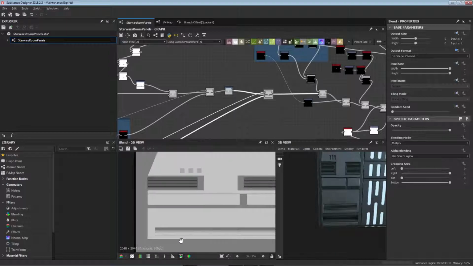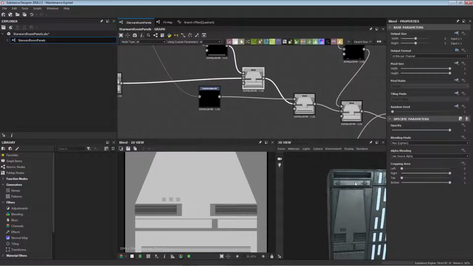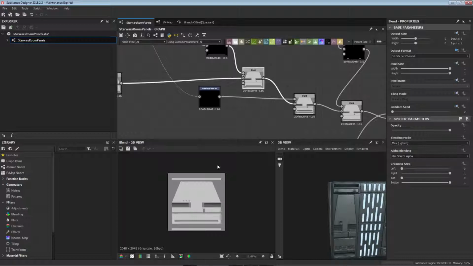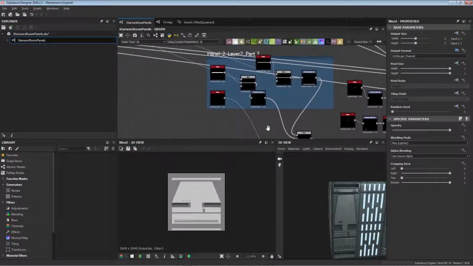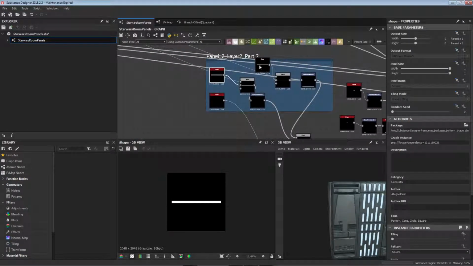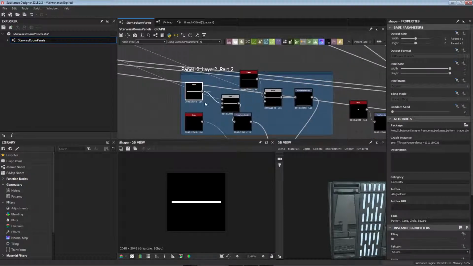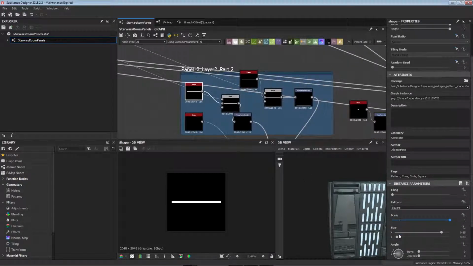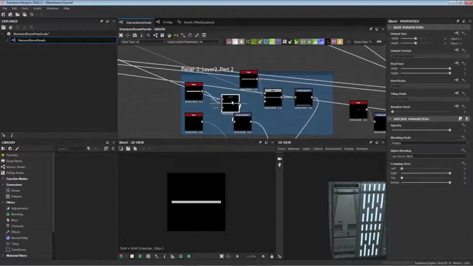And now we have two vents. Now we can move on to making these panels at the top here, top and bottom. So these are just made up of two squares. So we just create a square here, and it's the size of 0.85 on the X and 0.04 on the Y. And we blend that one in with the same mid-tone grey that we used with all the other panels